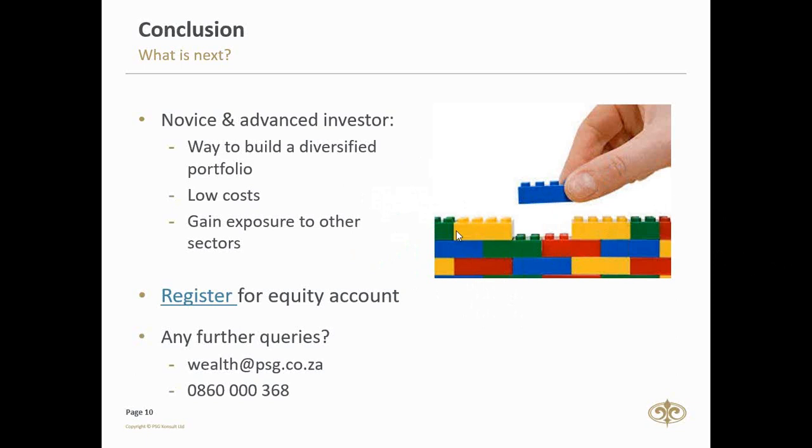Some might be SWIX, where they take out rand hedges and have less mining exposure. So what I suggest is go look at each individual fund, go research the funds that you're looking at. Those are ways and means of looking at it. Okay, Jan, yes, I'll gladly send you the presentation with all the ETP names and things like that. Okay, cool. Looks like those are all the questions.